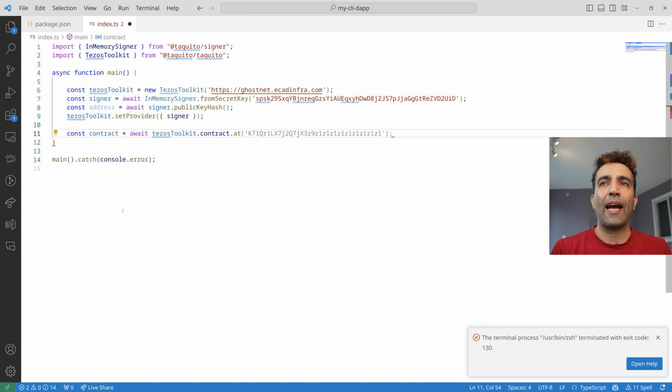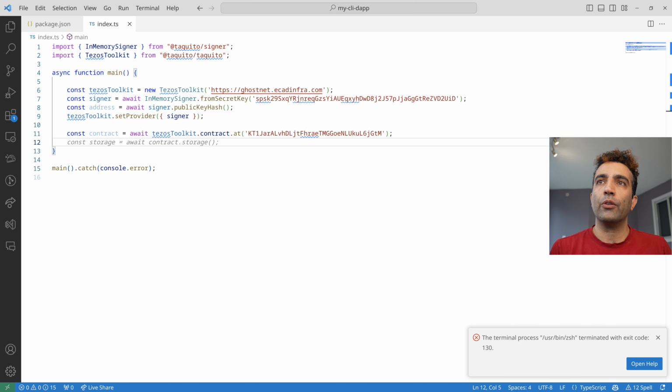It gets the address of the contract and returns us an object that contains information about the contract. So object.com deploys or originates a new contract for each collection,